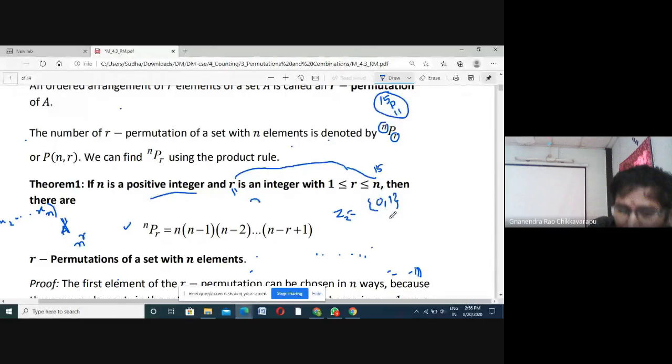How many strings of length 2 will be formed using these zeros and ones only? Definitely, you all know: 0 0, 0 1, 1 0, 1 1. This is the answer that comes from your mouth, that you have used very frequently. Here each one is a string of length 2.